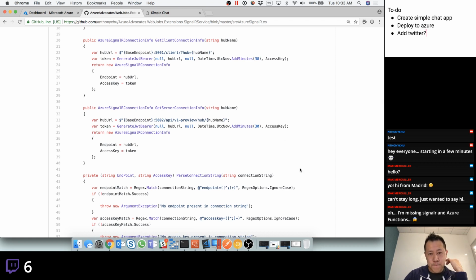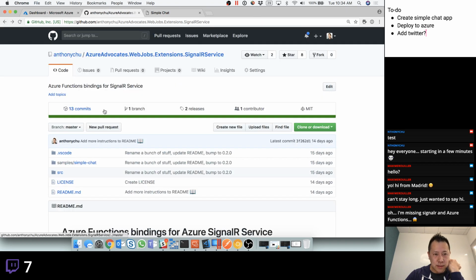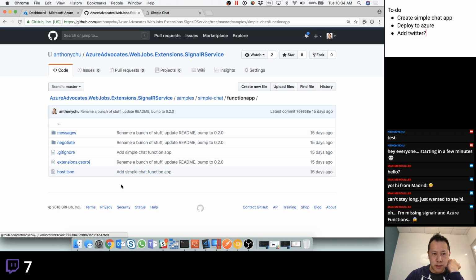So now the end result is that we're actually not returning this to the browser. The binding is providing this to the Azure function, and then the Azure function itself returns it back to the browser. We'll write this function in a bit, but that makes the code a lot easier to generate